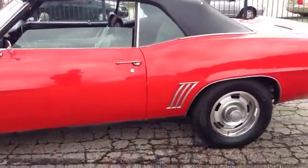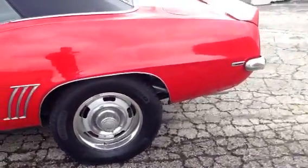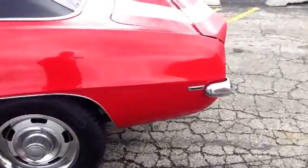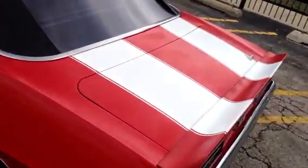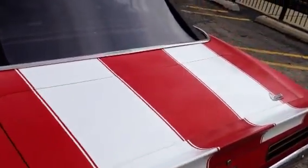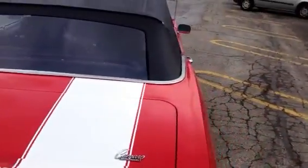Trim tag reads code 72 Hugger Orange. The car was obviously painted red some 20 years ago or so. Still nice for a driver, but the car's an original Arizona car. We pulled the car out of storage and